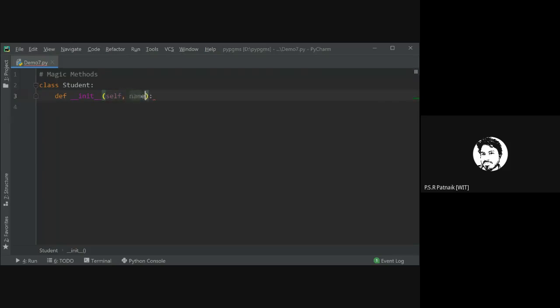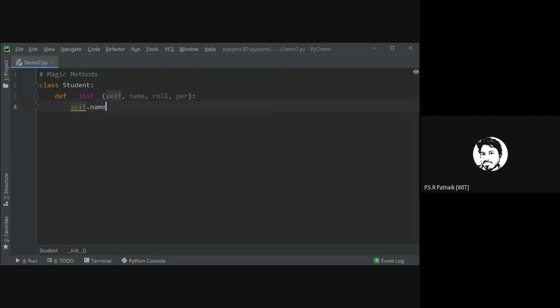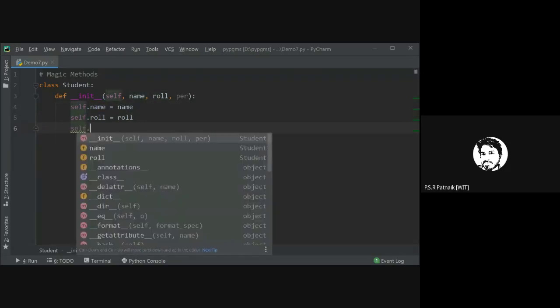So let us do one thing. We will now define a class with name, roll number and percentage. I hope you are now acquainted with object-oriented programming in Python, so whatever I'm typing is not completely new to you.